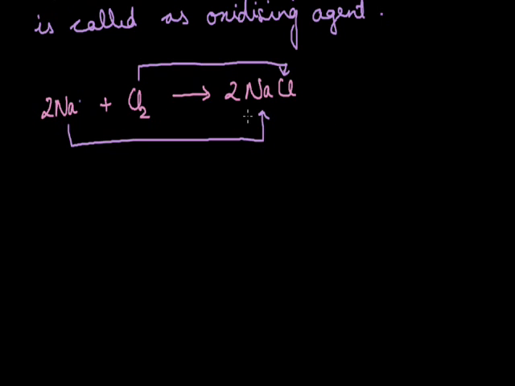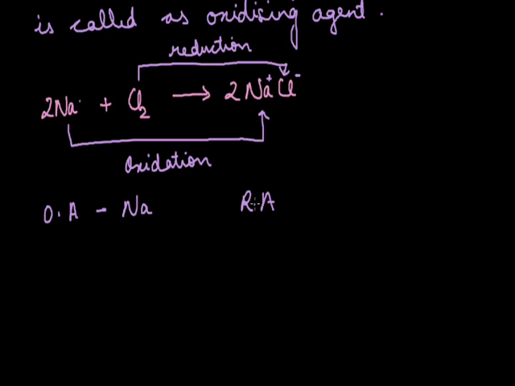Although there is formation of one product, we can denote it by their signs, Na plus and Cl minus. So in this case we can tell that there is a redox reaction. So here sodium is oxidized and the process involved is oxidation, and chlorine is reduced and the process involved will be reduction. Now talking about the reducing agent and oxidizing agent, here the reducing agent, the one which is causing reduction,